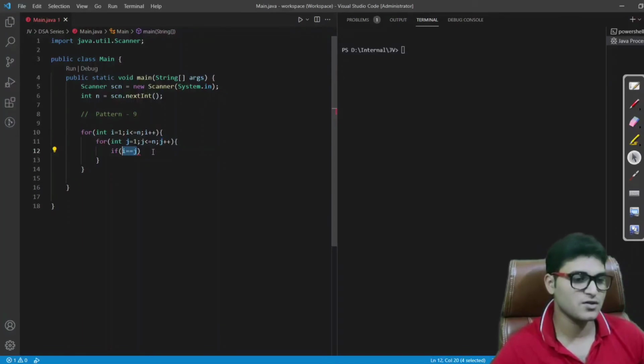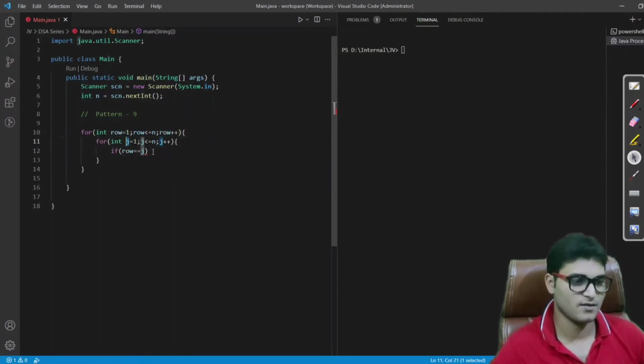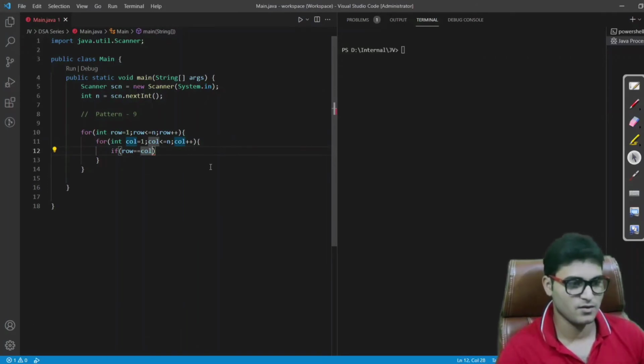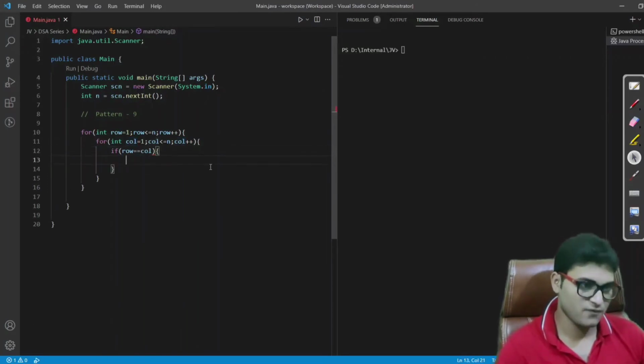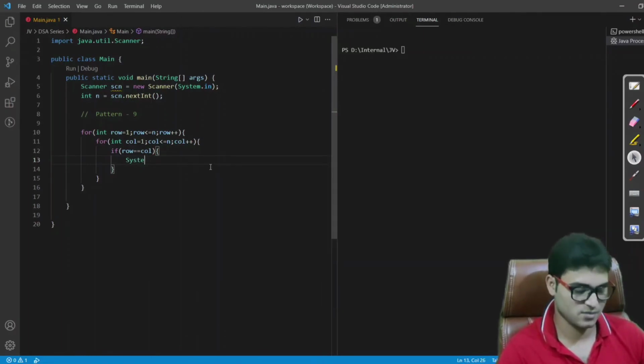If row is equal to column, then what do we have to print?